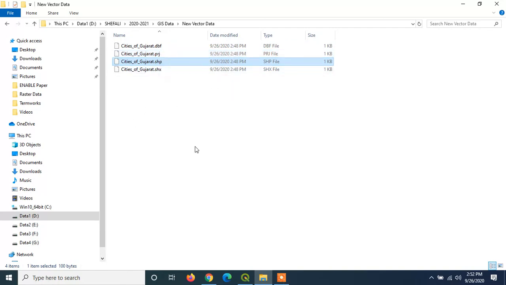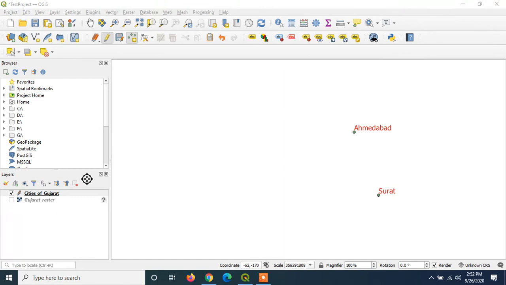These are the supporting files. Without these files, shapefile cannot be added on any image or any application or any layer. Okay, so this is how we can create a new vector point data layer.